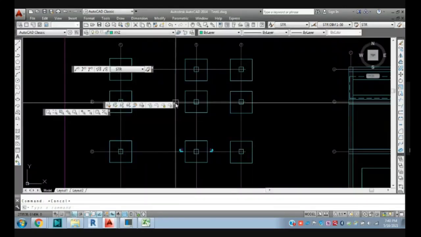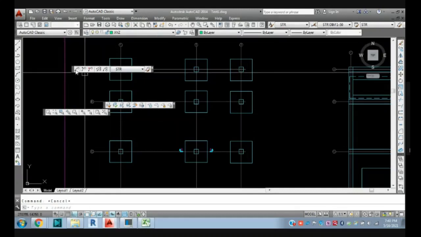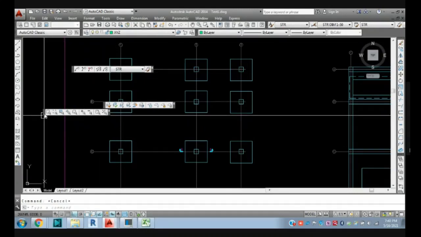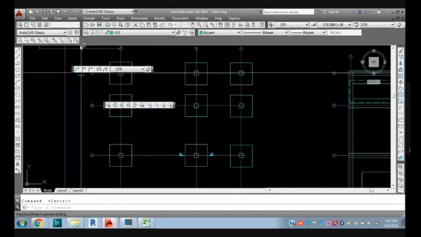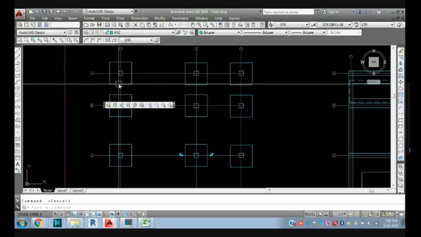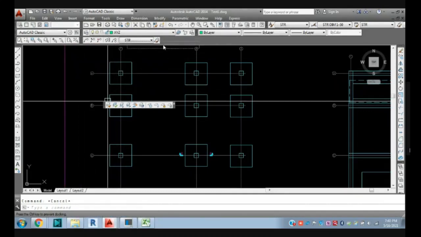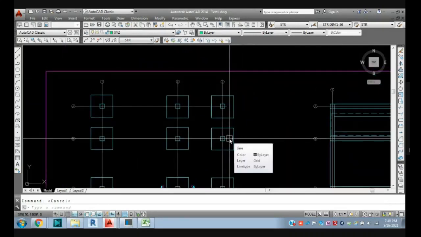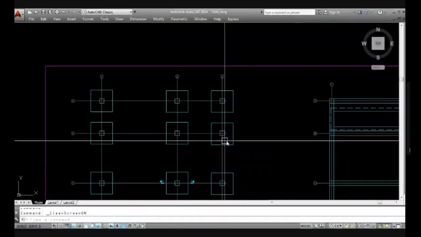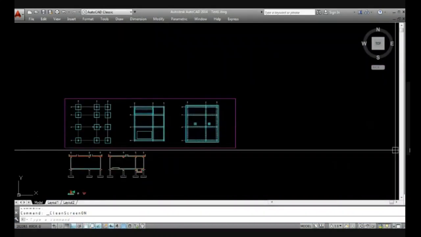Okay, then you can control the toolbar, move it, and fix it here as per your need. If you want to add a dimension style toolbar also, you can add it here like that. If you want more space for drafting, just press Control and 0, so you can get the full-size space.